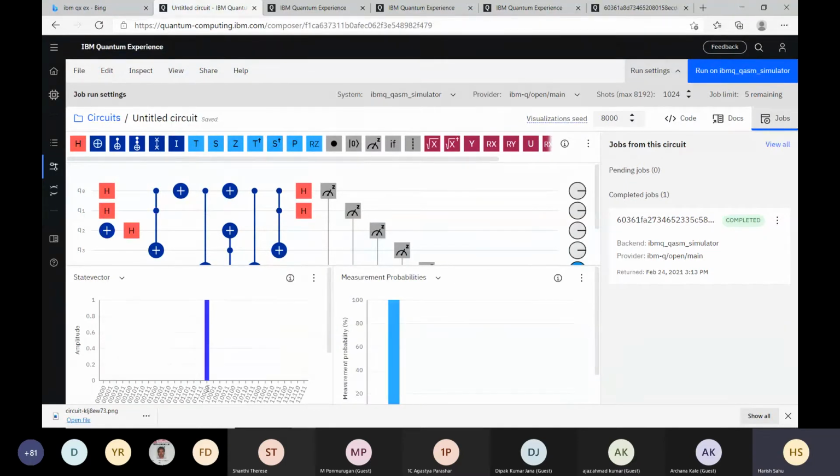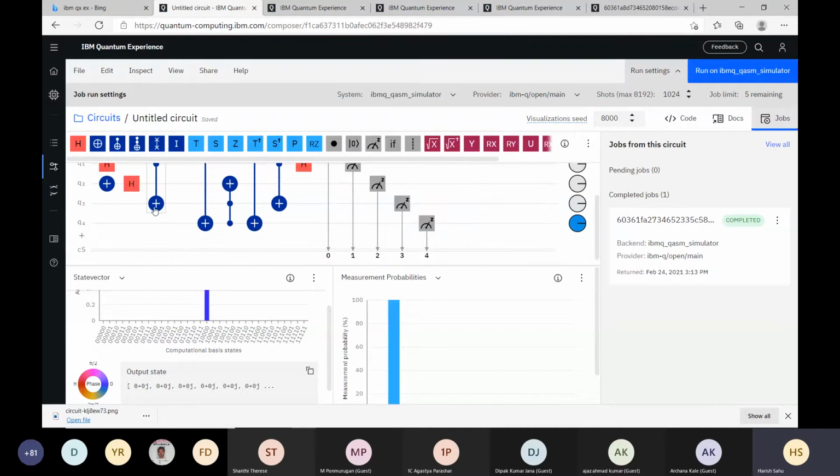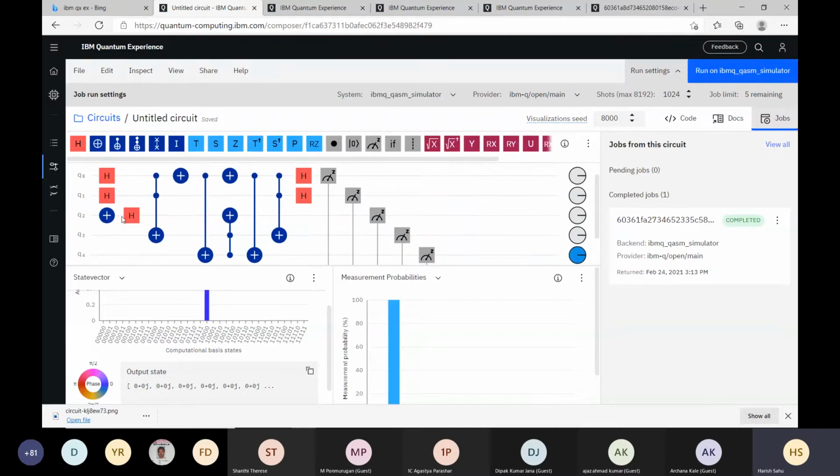So if you see here, what we are getting is a state that is initialized with 0, 0. The last qubit: if you see these 3 qubits, Q2 will be in one state because it was initialized with 1. So 0 was made 1, so it is in one state. And Q3 and Q4 should be in 0, 0, as we took originally. So Q2 should be 1, Q3 should be 0, and Q4 should be 0.